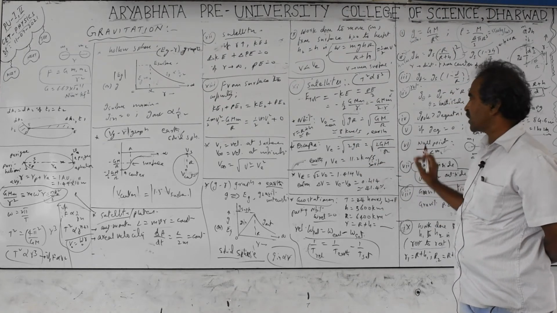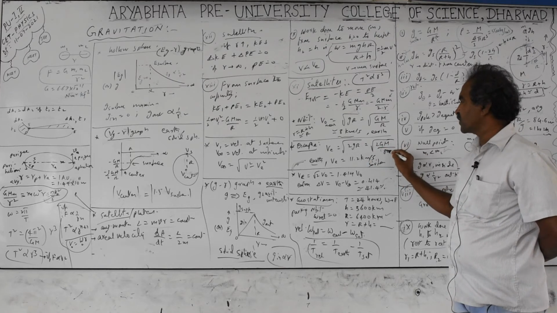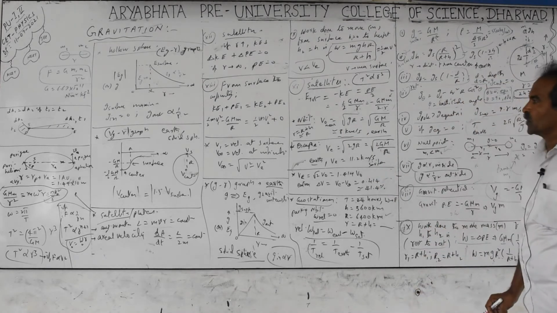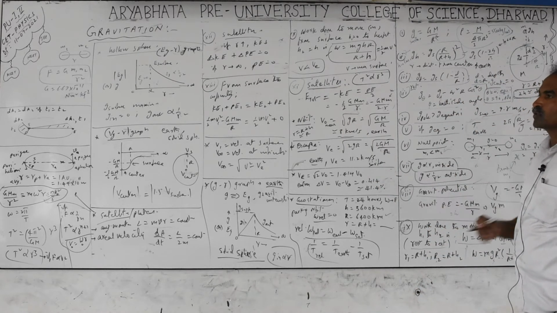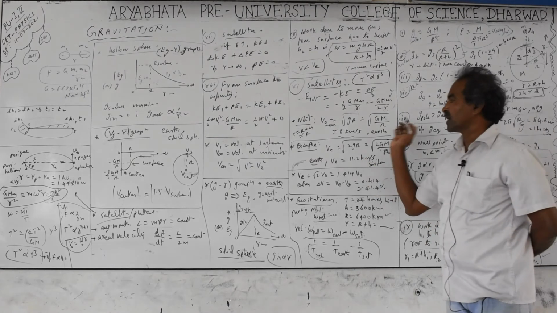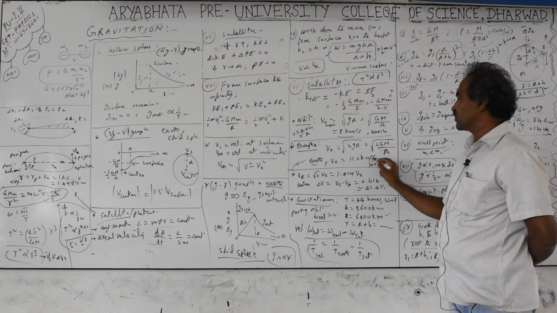So small m will not be there, be careful with that. Only capital G, M, capital R. This is for the planets only. You have to take escape velocity. Orbital velocity does not depend on the objects you are throwing into space. Whether air molecules or tons of heavy rocket you are sending into space to far and infinite distances, the escape velocity is the same. How much is it? 11.2 km per second.